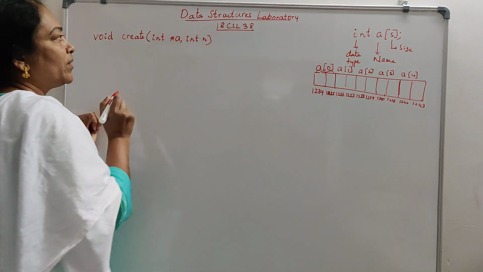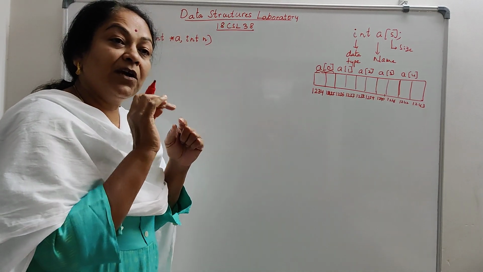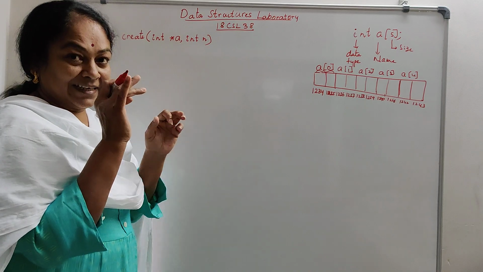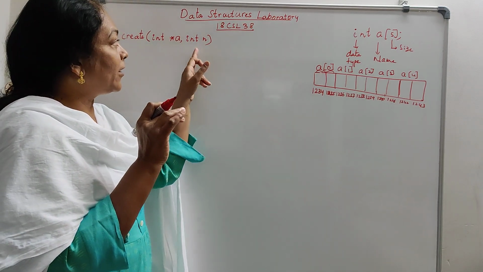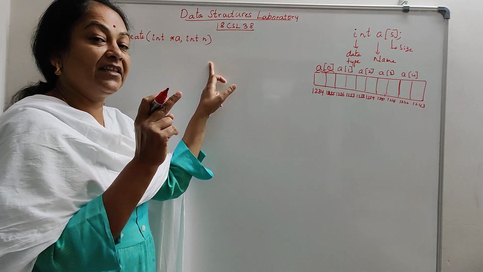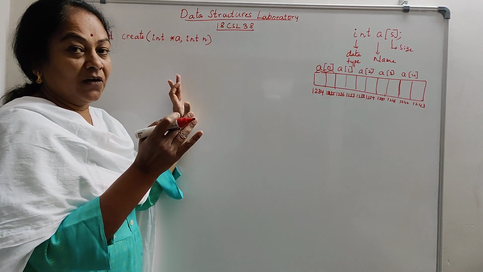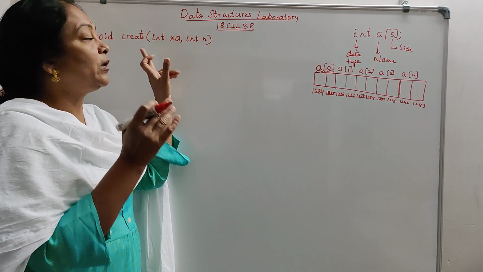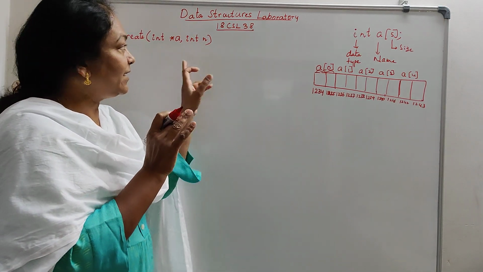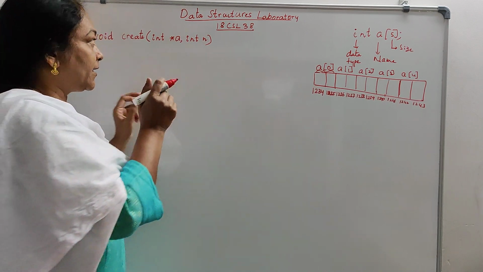How many elements there will be in the array, we are going to read in the main function itself. So we create an array in the main function, and we also ask the user how many elements there will be in the array. After that we call this function to create the array. This memory space is already reserved, so it will ask the user to enter all the elements of the array.